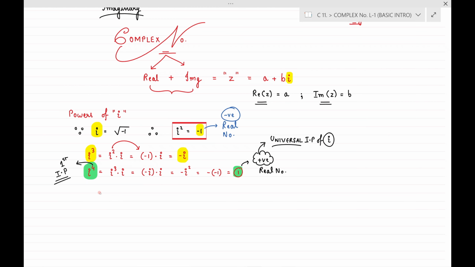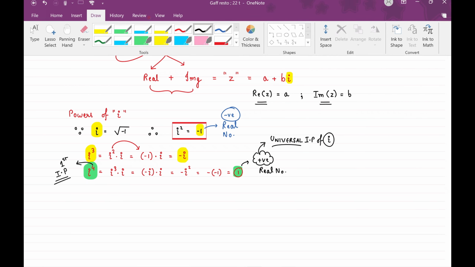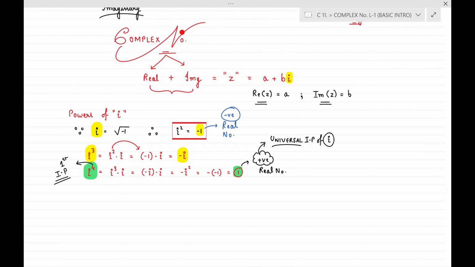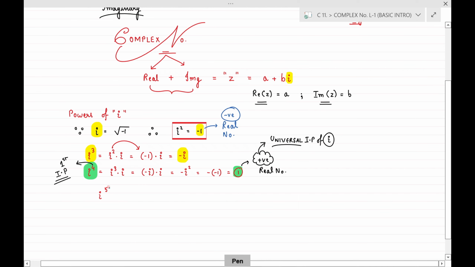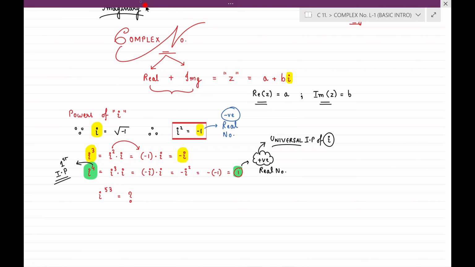Now let us suppose we got an expression like iota to the power 53. Now, if I ask you to find the value of iota to the power 53, what you will do is